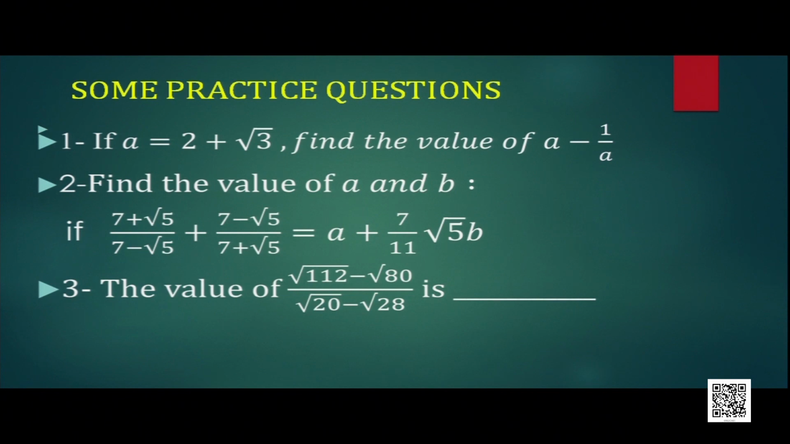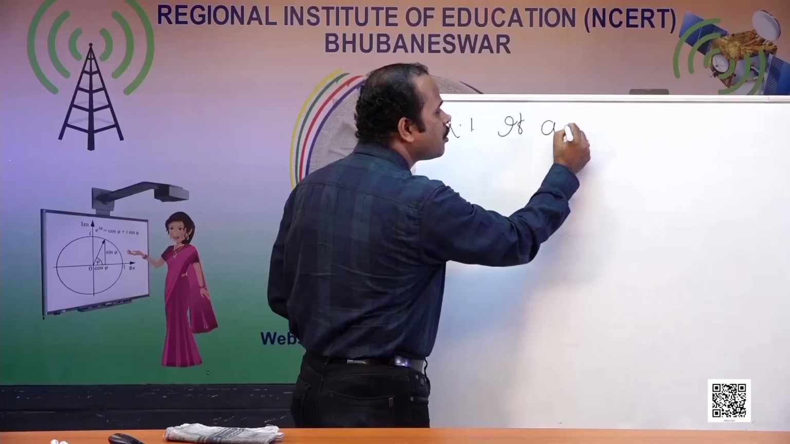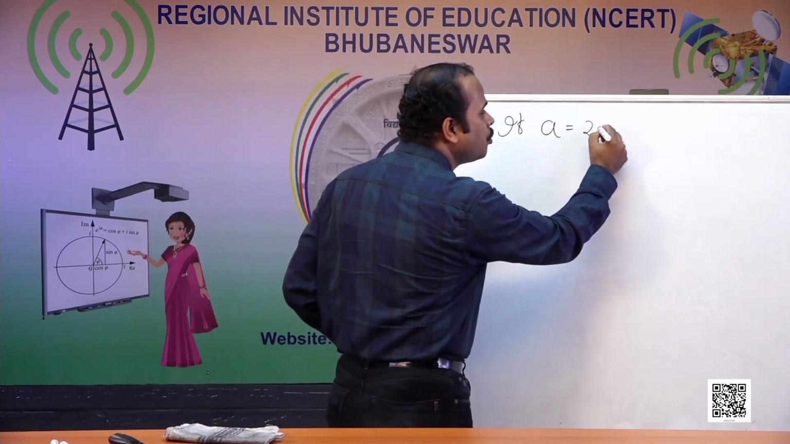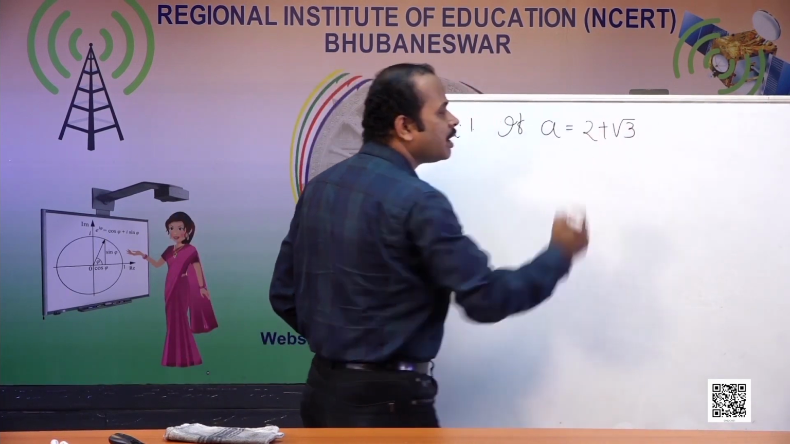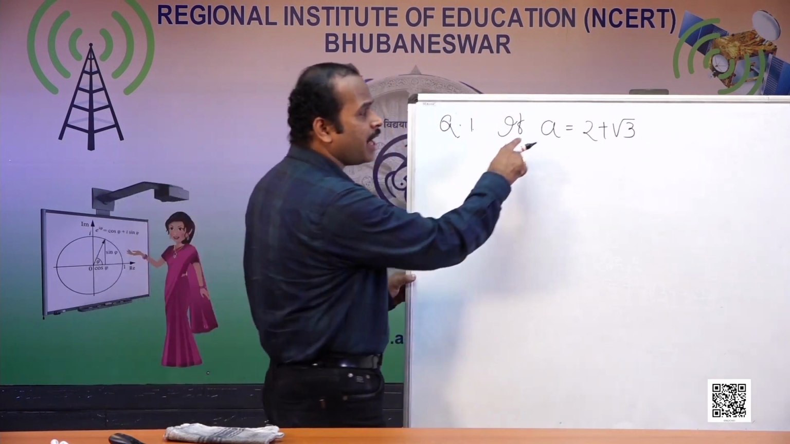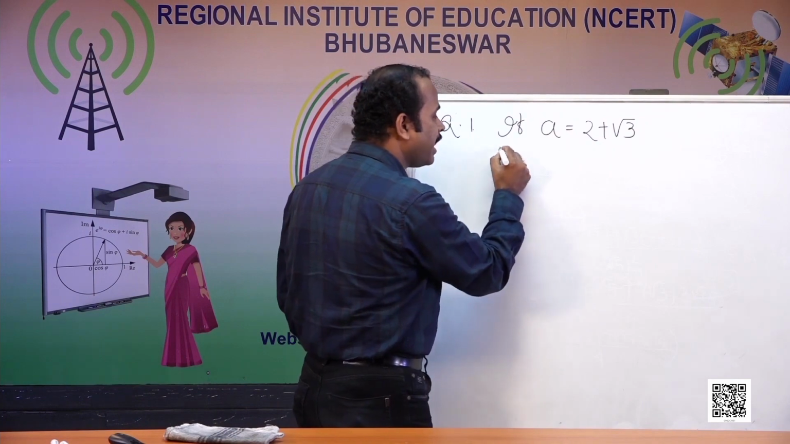Suppose I will select a point. Let me take a question. I have selected the number a equal to 2 plus root 3. A is a number which I selected as 2 plus root 3. If a equals 2 plus root 3, find the value of